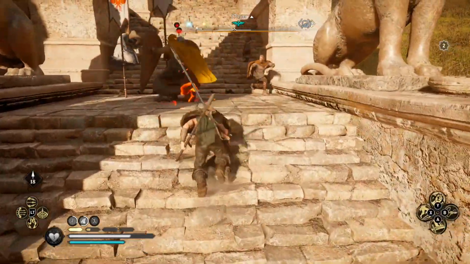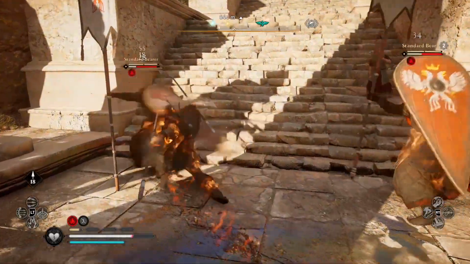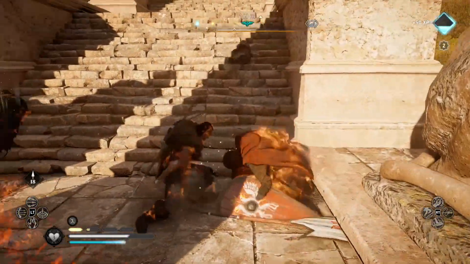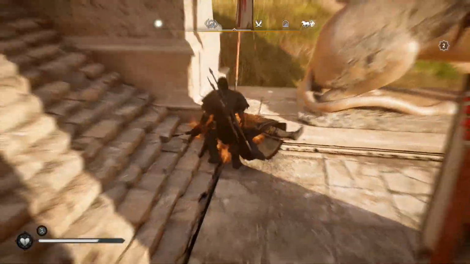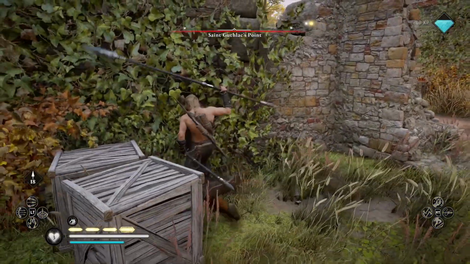Welcome back, guys. Are you ready for the best warrior build in Assassin's Creed Valhalla? I tell you, this build will totally change the way you play this game. It looks like we shouldn't use axes, swords or whatever. We should definitely use spears in this game, and it gets even more mad if we use two spears at